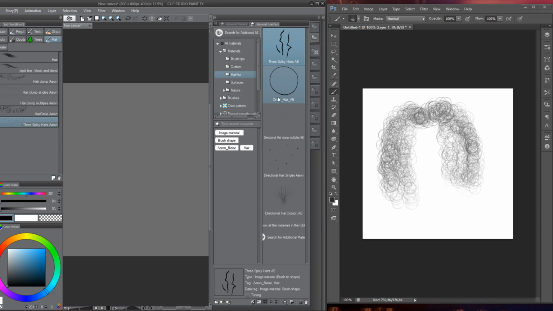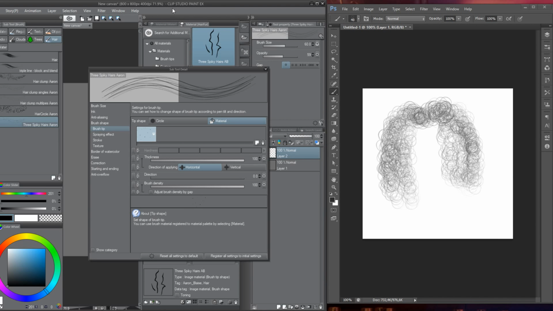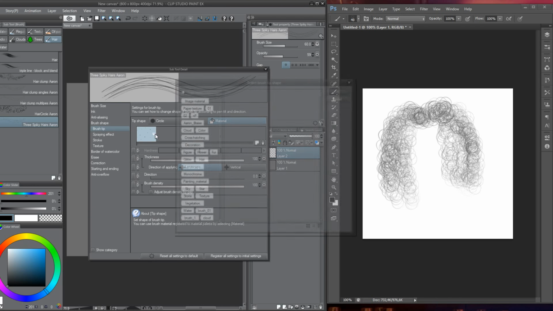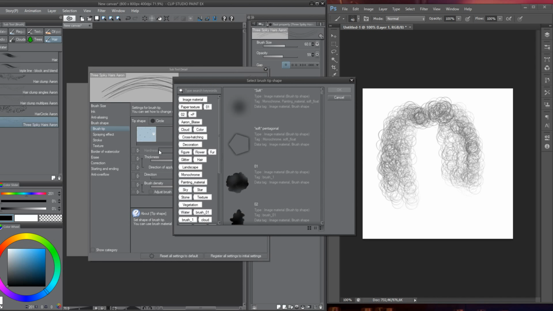So for example, in this one, I'm obviously going to tag Aaron Blaise because it's the set of brushes I've gotten from his site, and obviously hair. You don't have to do this. Your brush is going to work with or without it, but it's super useful because now when I start configuring the brush and I want to search for a tooltip,